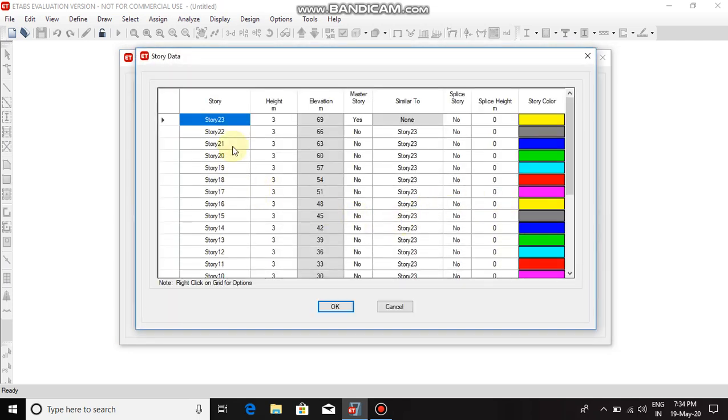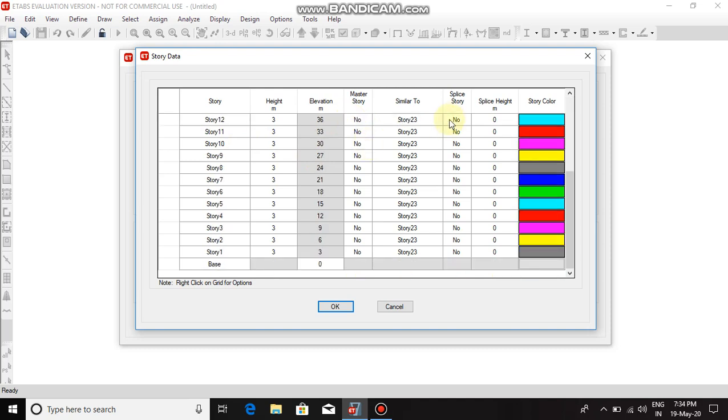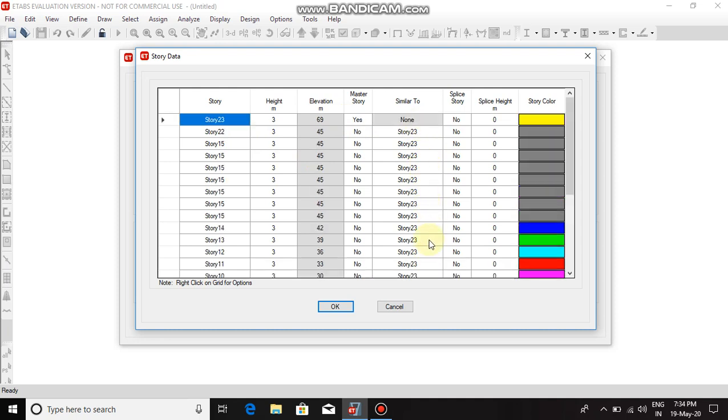You can see from here that story 23 is set as master story, and all other stories are set similar to story 23. So this means all stories are similar now, and you will create different master stories to divide the stories into similar sets.